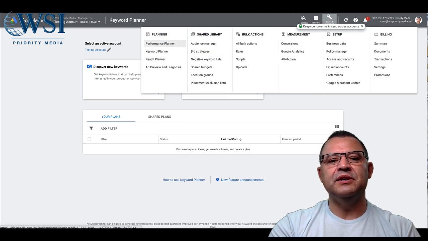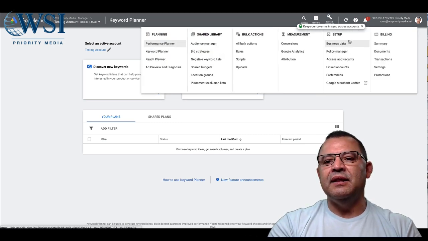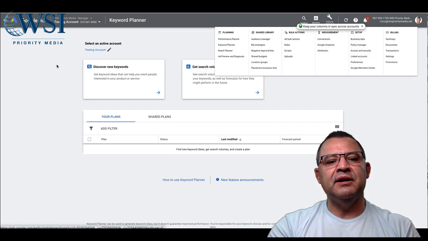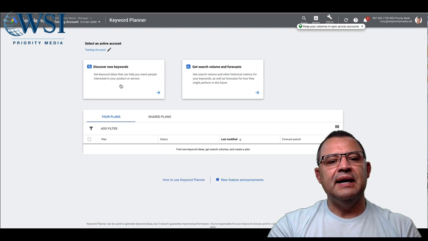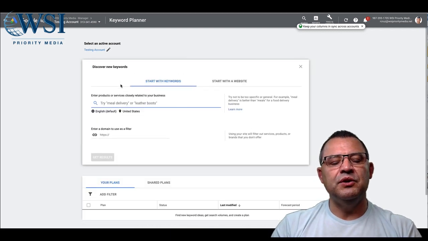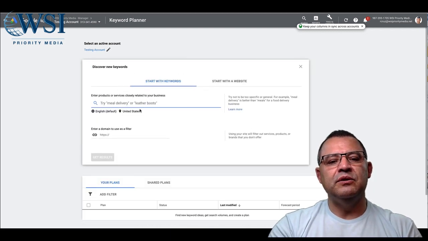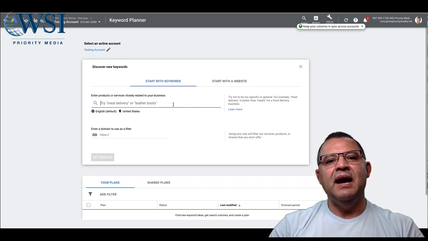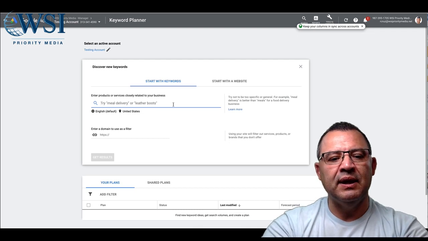So what you do is you go into Google Ads and sign in, and then you hit the tools wrench here, and you go to Keyword Planner. That brings you to this page. This is kind of the starting point, right? Discover new keywords. What I found here is that you don't need to put in a gazillion keywords. Start with your core seed keywords, and then you can build from there. It has a really great tutorial for that.